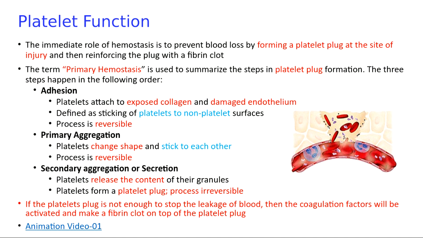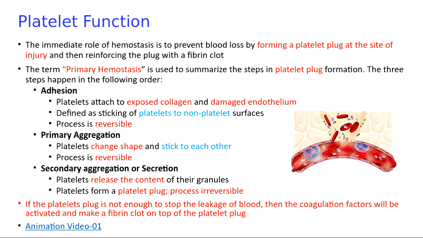But let's say that because the blood is still flowing through, they get dislodged from the site of injury. They will be okay. They will go back into the lentil form, and they will continue in circulation because the first two steps are reversible. So they still have the integrity, they still have their granules, they can continue to become platelets. But if they stay at the site of injury, once they adhere and then primarily aggregate with each other,